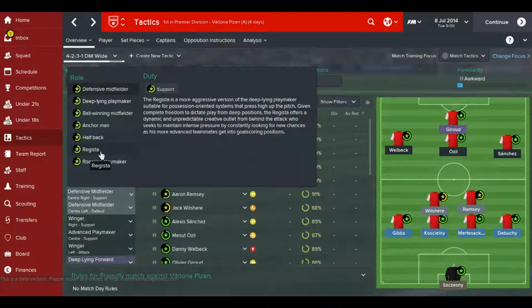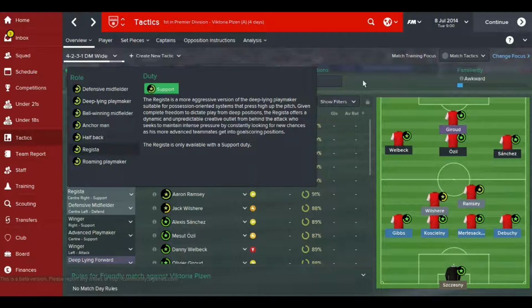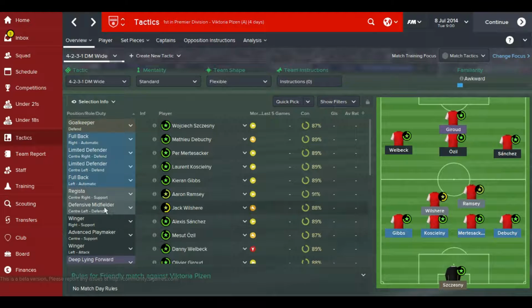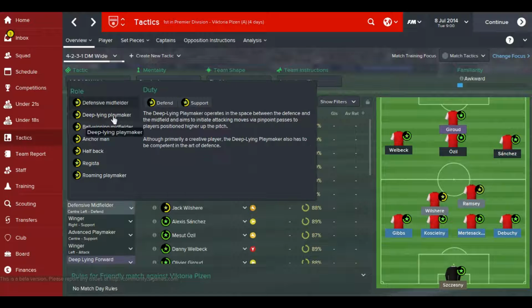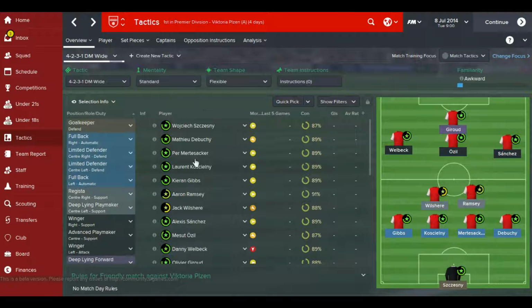So what I'm going to be looking for here, this position as a regista could be a really good role for Aaron Ramsey. We can see it's a more aggressive version of the deep line playmaker, suitable for possession-oriented systems that press high up the pitch. So that sounds absolutely perfect for Arsenal. I'm just going to go for that position for Ramsey. And as I said, for Jack Wilshere I'm going to be using him as a deep line playmaker because he's got the capabilities to be able to